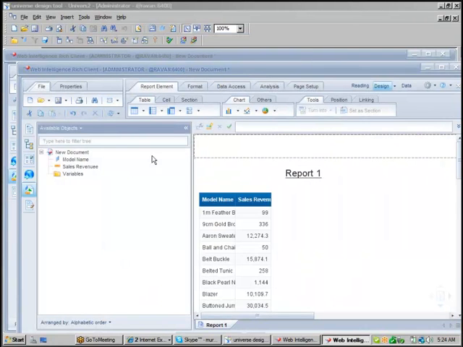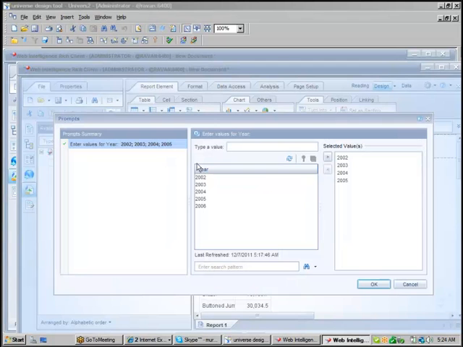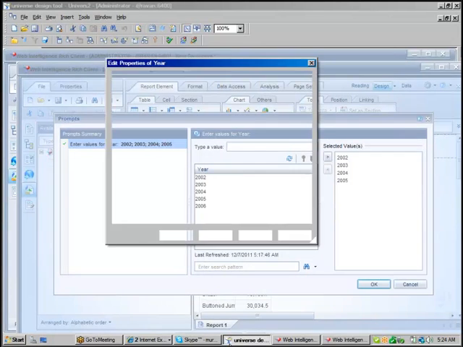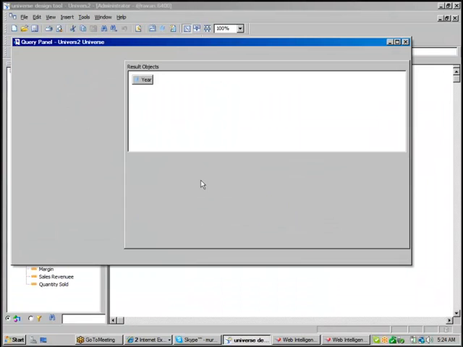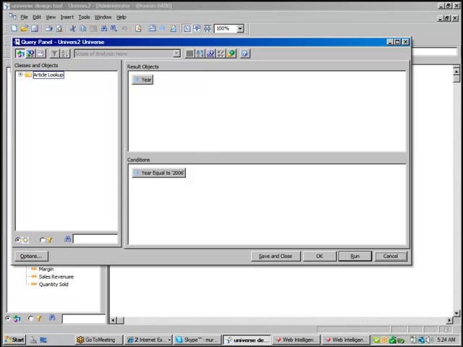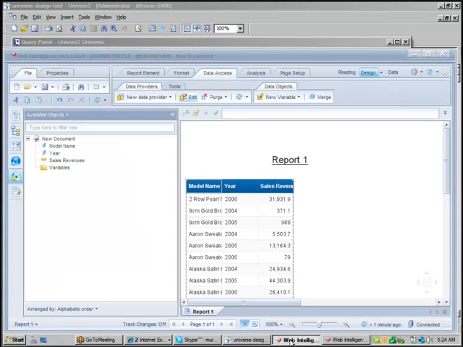Now when you see this report and click on refresh, the first list will be populated. How will it be populated? In the universe you created the year definition. The first time, this query, select distinct year, will be fired on the database. Then you can see this list.